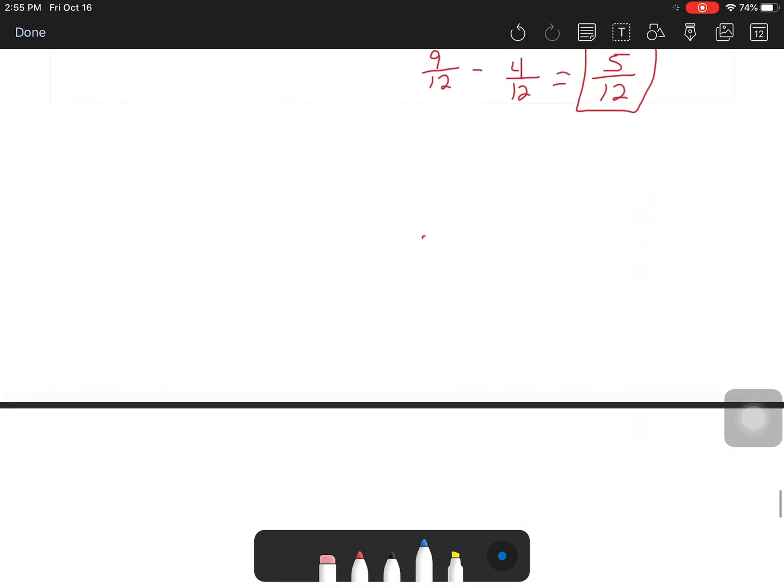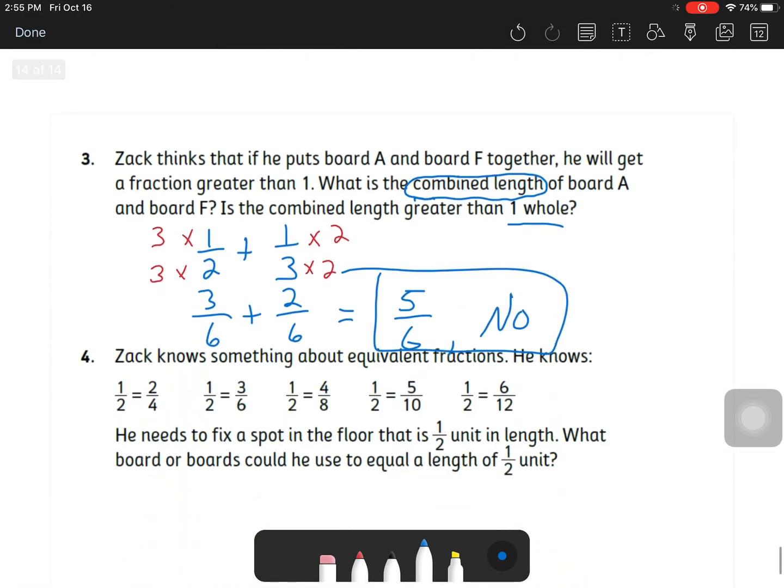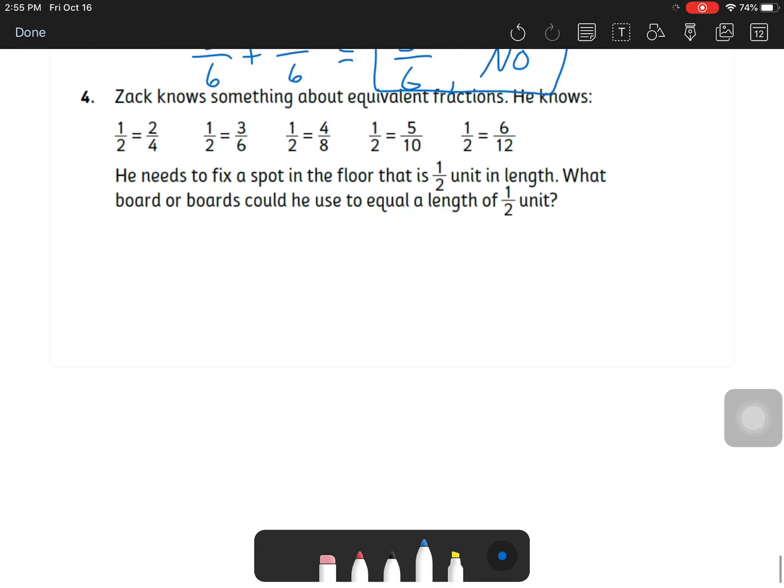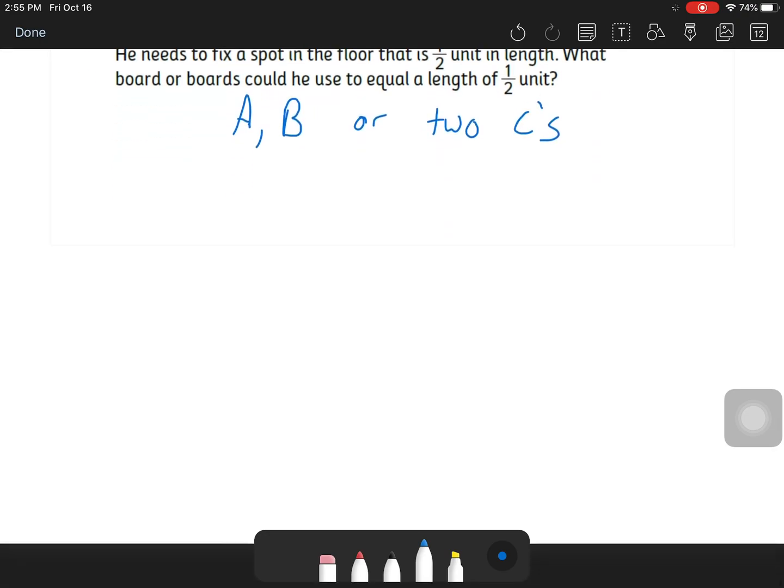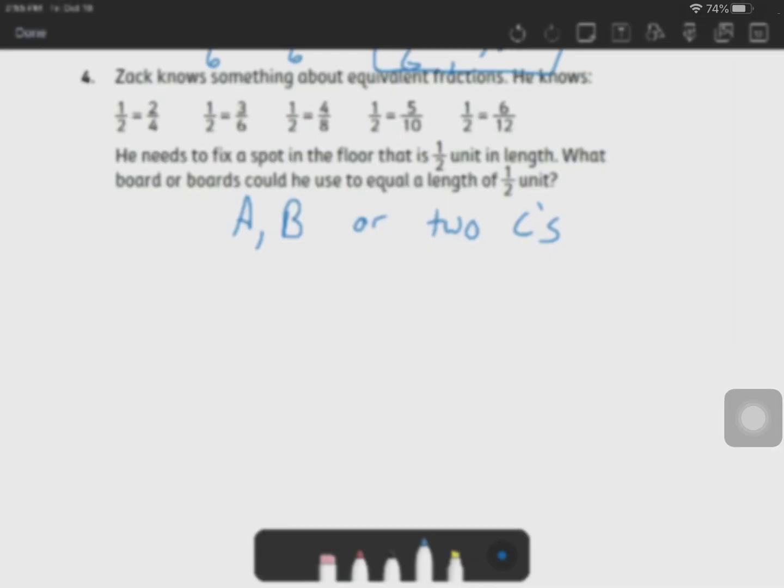We could go C plus C. So you could use A, B, or 2 C's. Looks like that's what I would use. So that is it. That's all for your